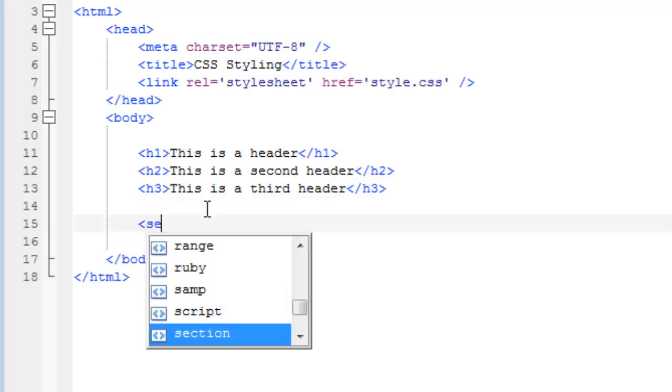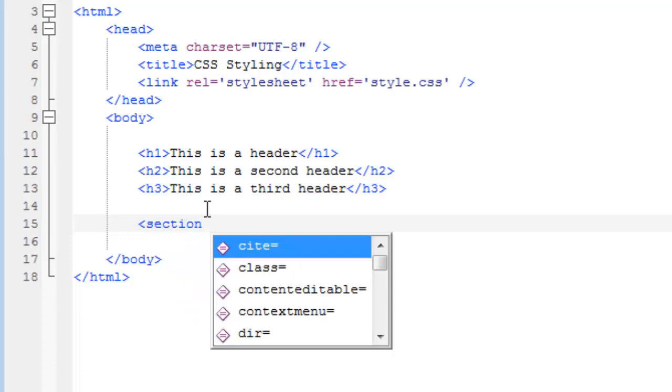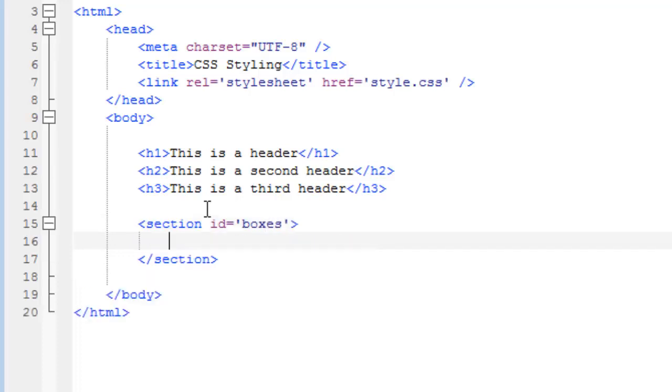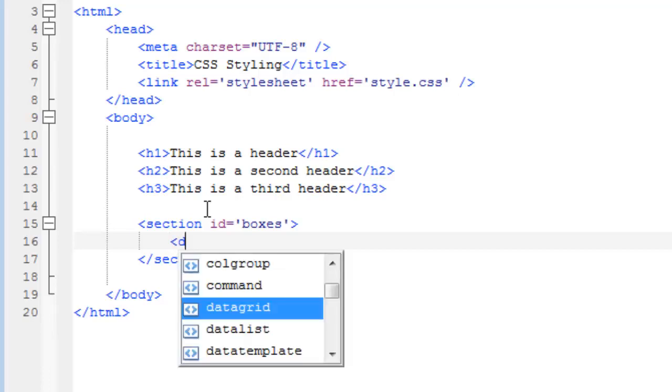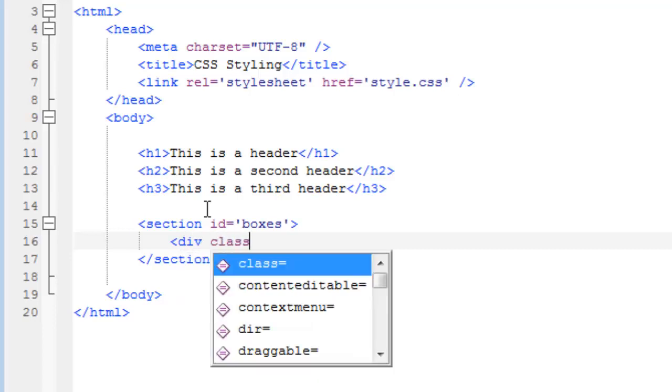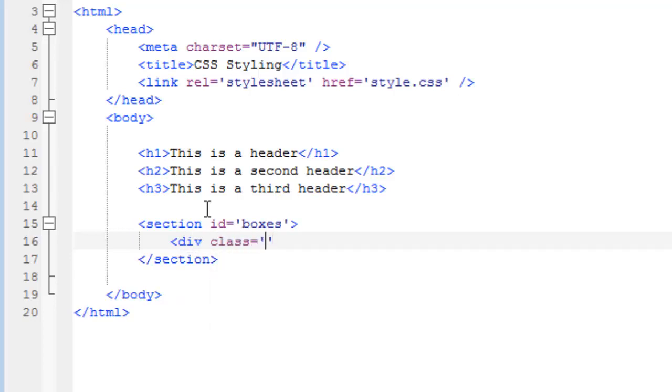Make a section with the ID boxes, because this section will contain a few boxes, and I want to give it an ID because this will be a single section. You'll understand later. Make a div tag, give it the class box,